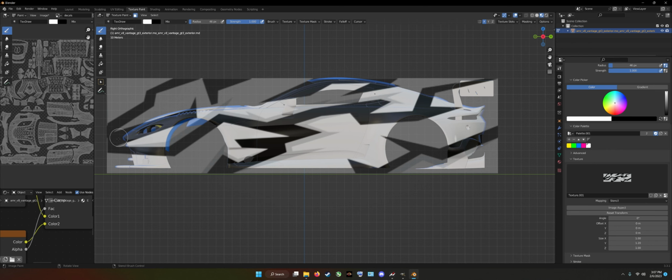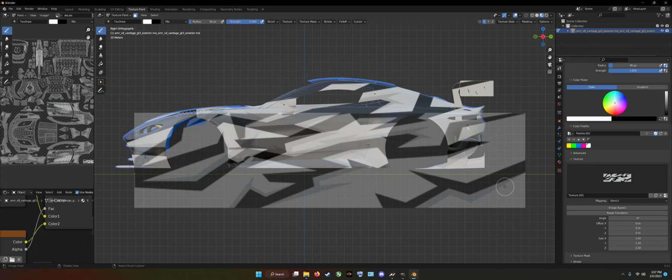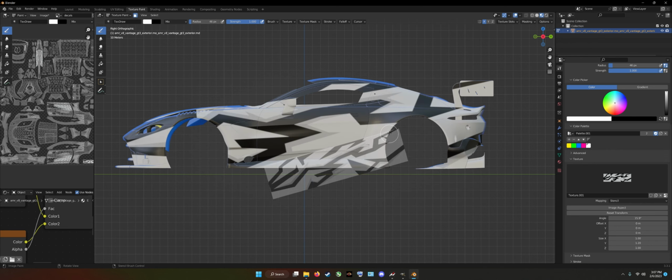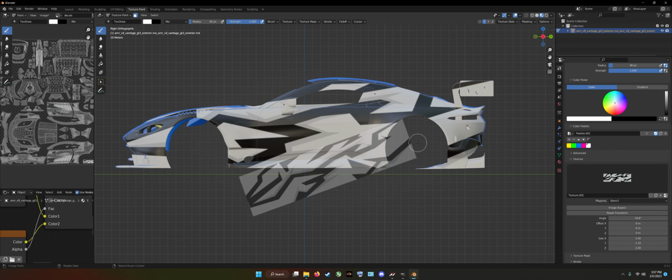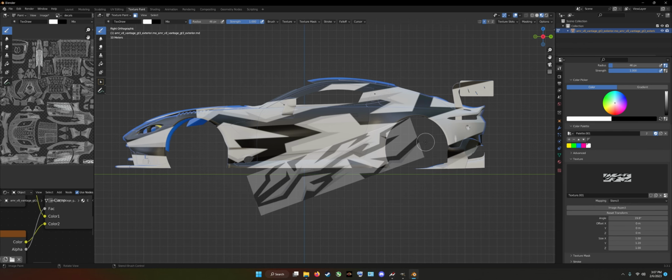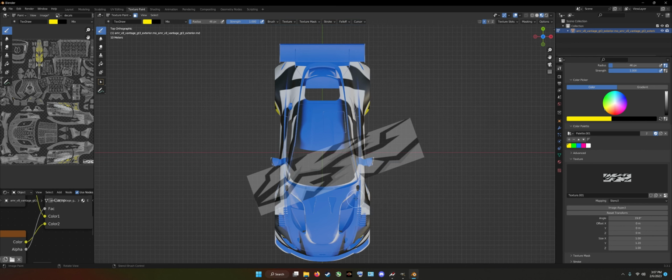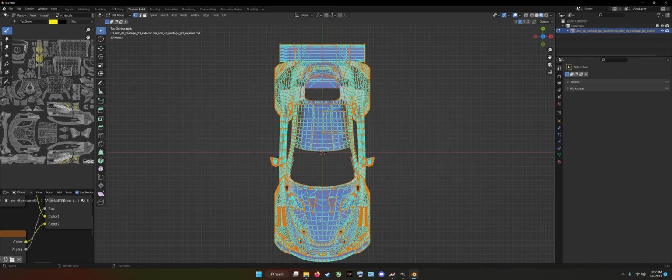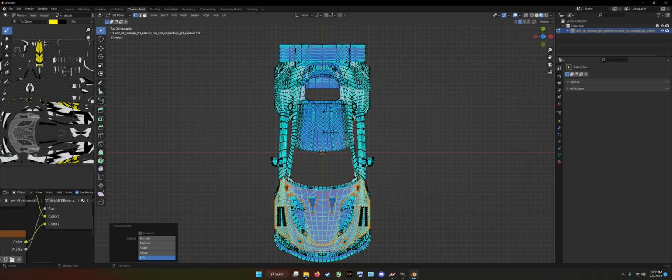Okay, so that's all pasted on. And then we'll want to show you what happens if you don't have it white. So we'll do something silly like this. We'll go to the yellow, put that down like that, and then let's do something up on top. So let's select the hood and the roof,